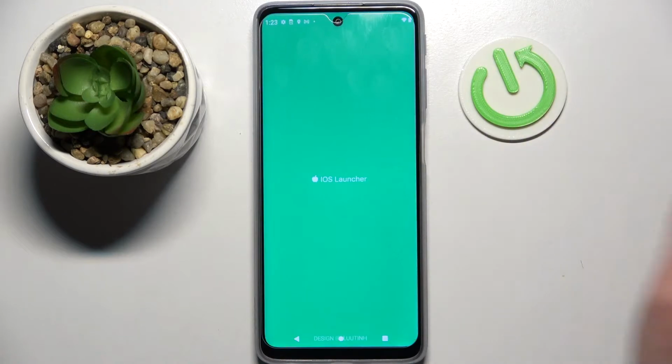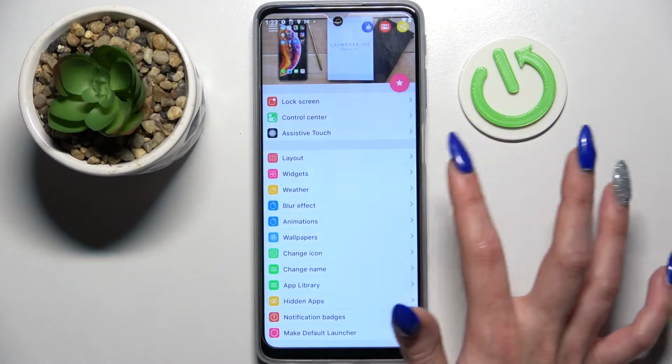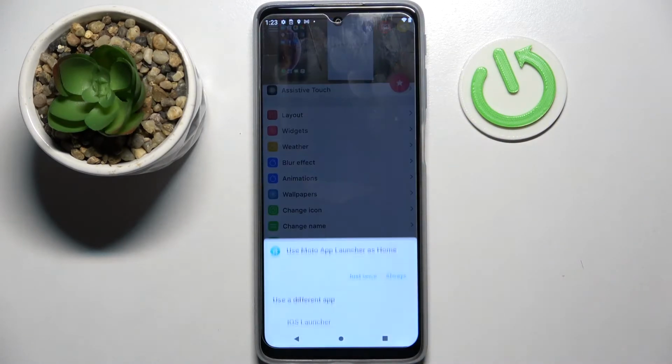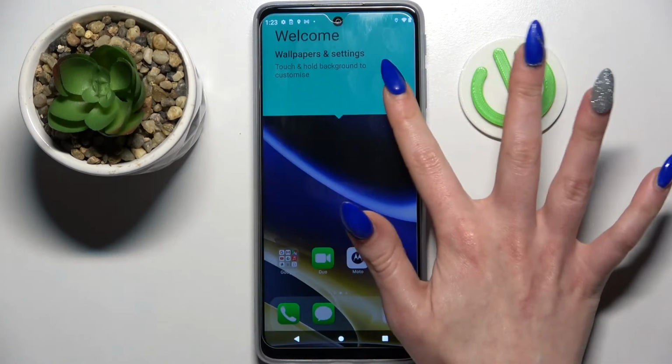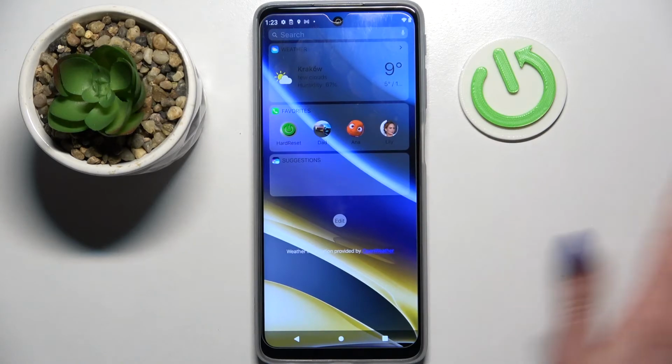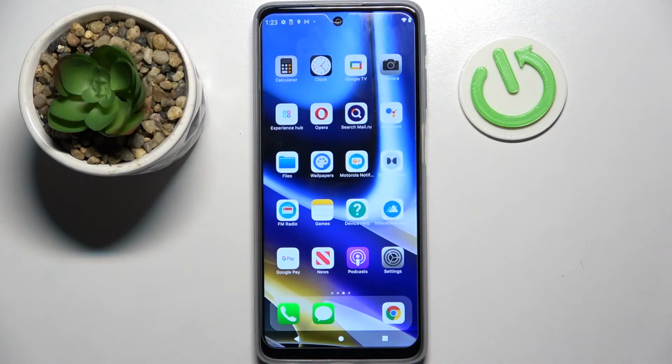Now we need to wait for the pop-ups to show up, and when they do, select while using the app and allow in all of them. Now choose Home button, click on iOS Launcher, tap on Always and select Got it. As you can see, Apple layout was applied successfully on my Motorola, but you can always switch between them by